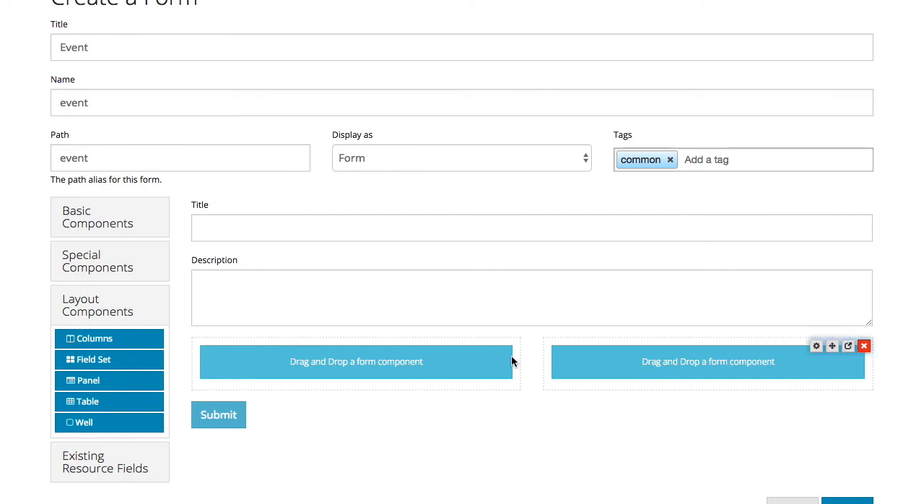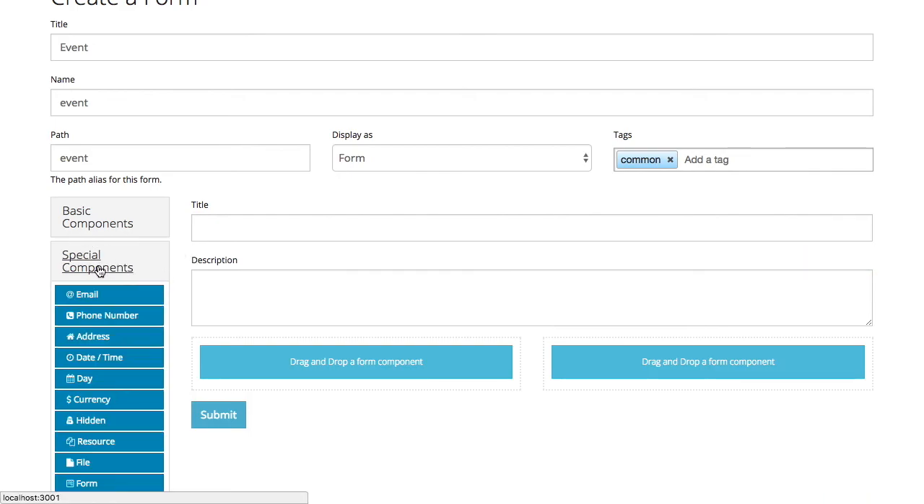But this provides two more drop zones that we can put two different fields in. Okay? We're going to put two date fields there, a start date and an end date. Those are under Special Components. So if we click on Special Components, you're now going to drag the date time field